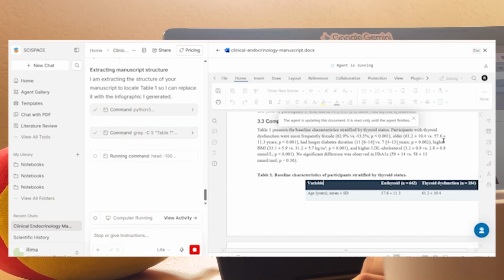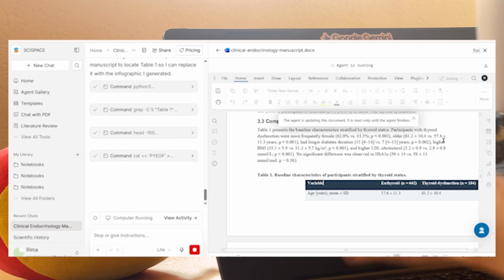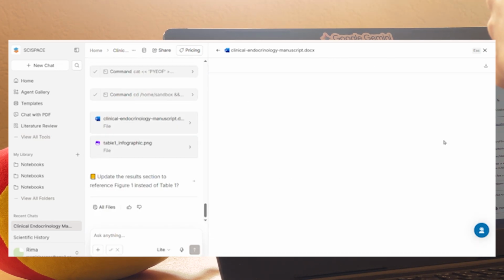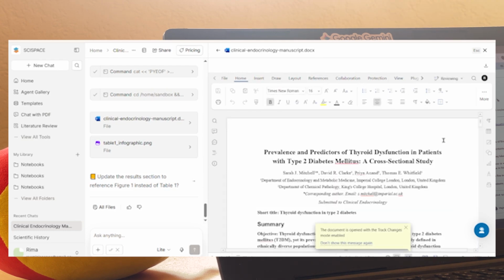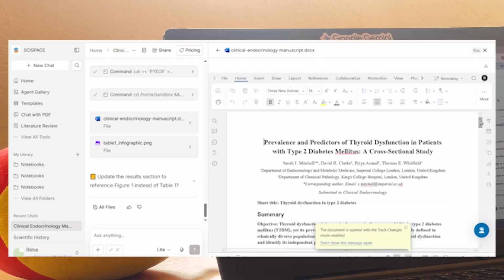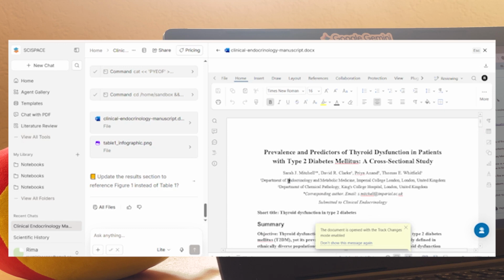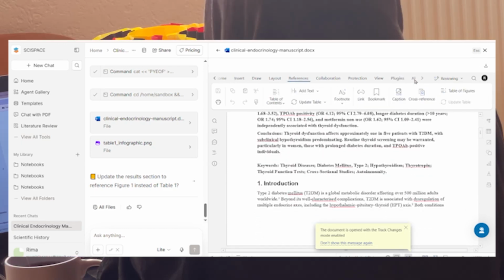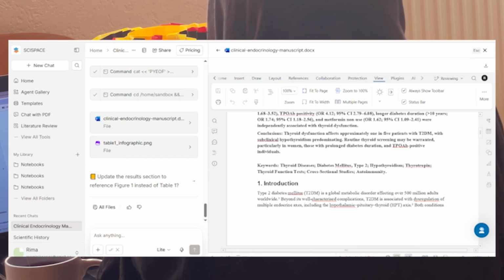I want to try the new Word Doc agent and how it changes certain parts of the manuscript and highlights them, and how it adds the new changes in harmony with the other parts of the text. So now you have this template that you can change, for instance, change the author names, the affiliation, and now the document is opened with the track changes mode enabled. You can see that in the review section, but now we can go to the table to see how it's